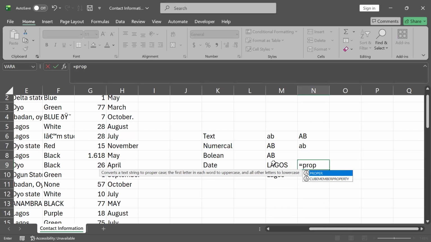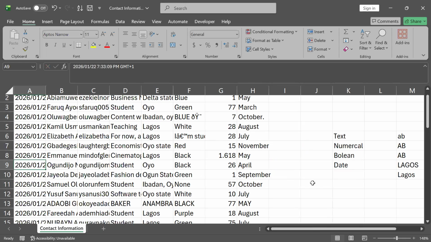The third one is PROPER. Now look at the explanation of Excel: convert a text string to proper case. The first letter in each word to uppercase and all other letters to lowercase. So that means that if we have more than one,